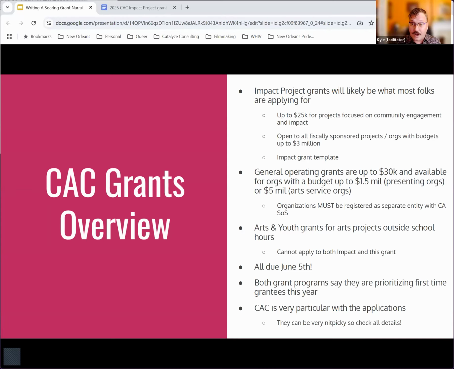So all of the grants are due by June 5th. And one thing about it, it's a substantial grant, and there's a lot of different attachments and pieces that you have to get together for it. So I highly recommend not leaving it to June 5th if you can at all. You never know, like, again, your internet goes out, your computer crashes, whatever can happen. You put in all of that work and then boom, it's all gone. If you can get it in early, I really recommend that.